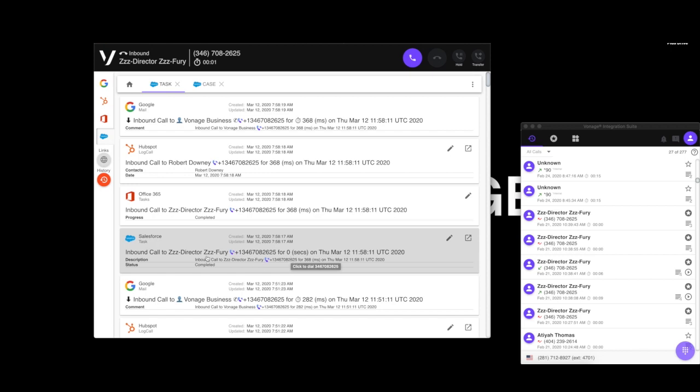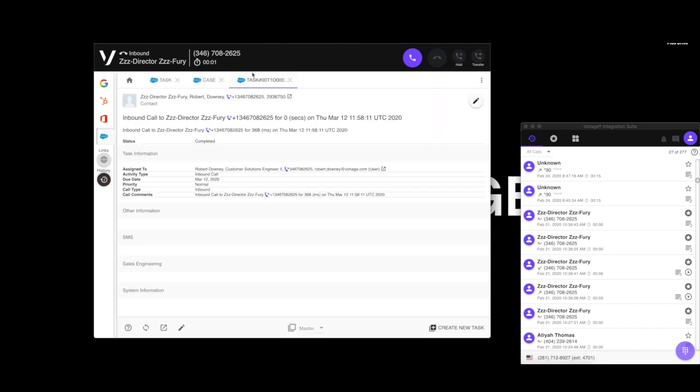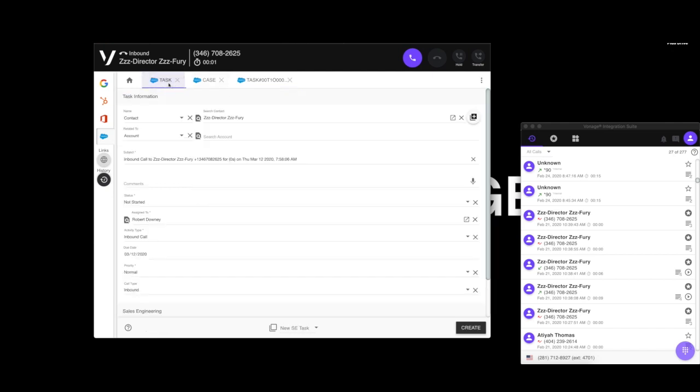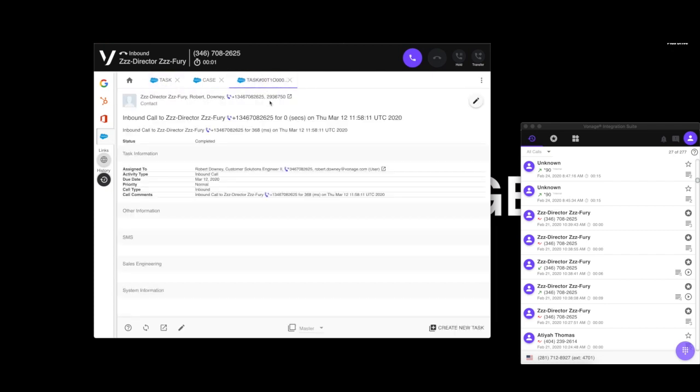If you need to see more detailed information on one of these tickets, you can simply click on the button and it will actually open that task in the window side by side with your other active tasks and cases. So this allows you to more easily transfer information from one to the other or discuss the prior history with your customer. If you need more details, you can click on the button in the lower left-hand corner to open the record in Salesforce, which allows you to see all of your activities with that customer, including those that are from other agents.